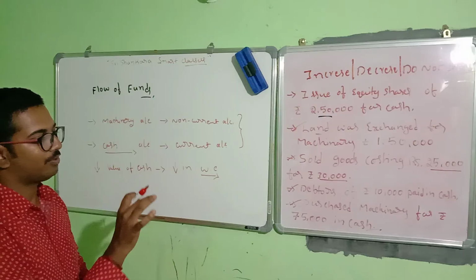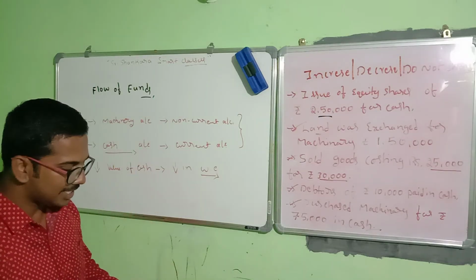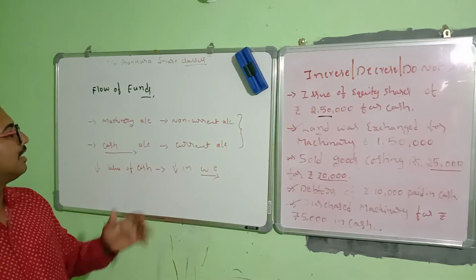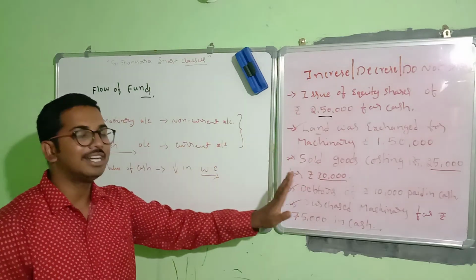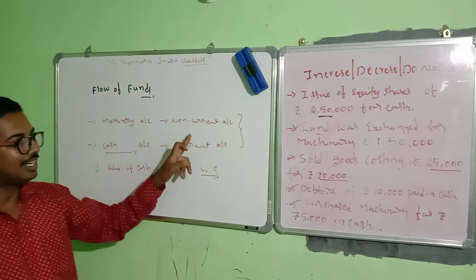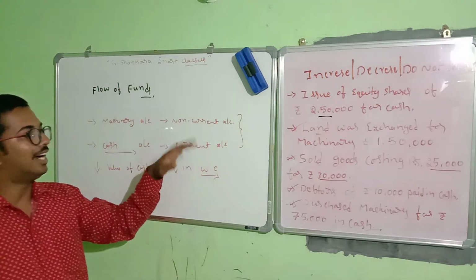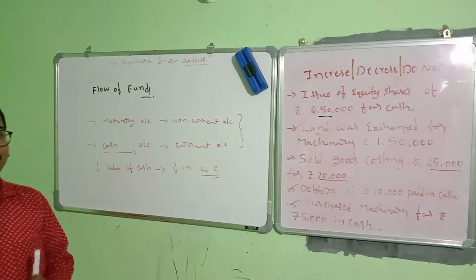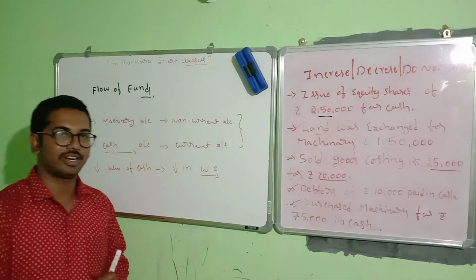With the help of this method, we can analyze the transactions easily and categorize them, extract the accounts related to each transaction, identify the nature of the accounts, and apply the categorization. You can easily find out whether working capital increases, decreases, or does not change.